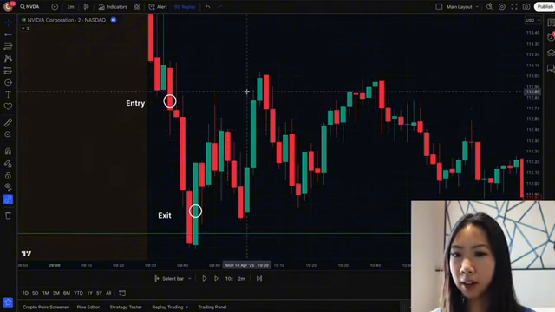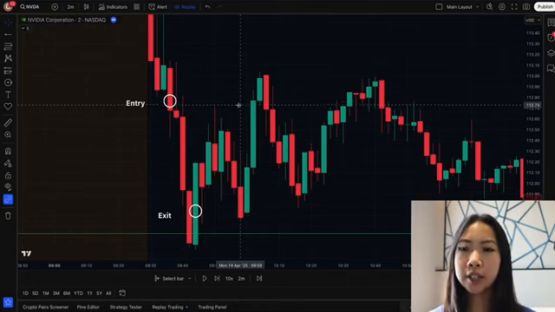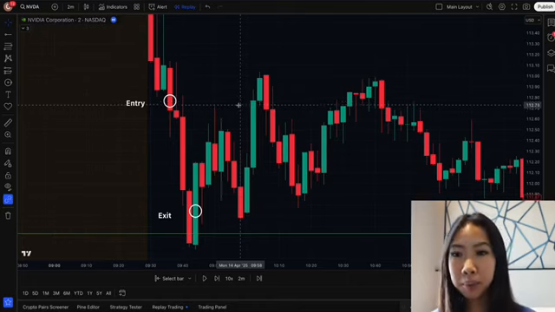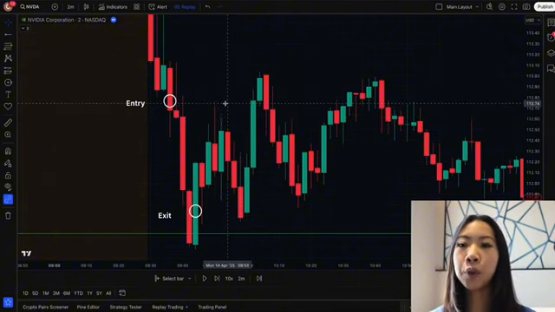So this was NVIDIA. This was on April the 14th, on Monday. And basically for my trading style, I like to do day trades and scalps. So depending on what I see in the market, what the strength is, what the trend is, I will trade